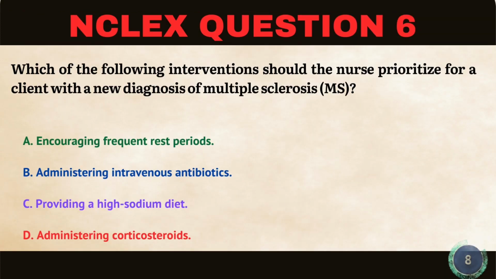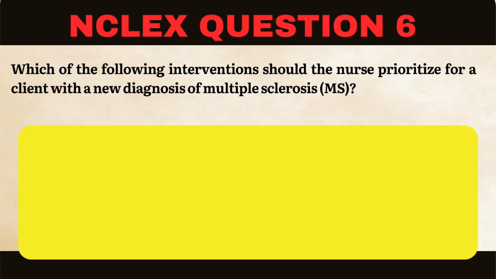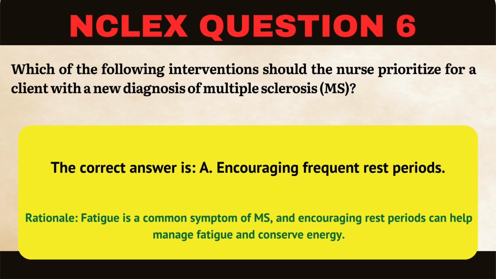Which of the following interventions should the nurse prioritize for a client with a new diagnosis of multiple sclerosis, MS? A. Encouraging frequent rest periods. B. Administering intravenous antibiotics. C. Providing a high-sodium diet. D. Administering corticosteroids. The correct answer is A. Encouraging frequent rest periods. Rationale: fatigue is a common symptom of MS, and encouraging rest periods can help manage fatigue